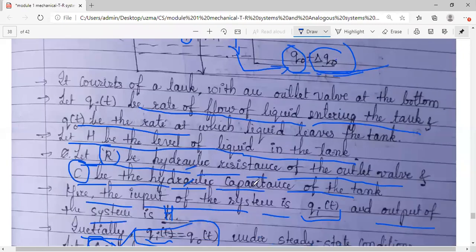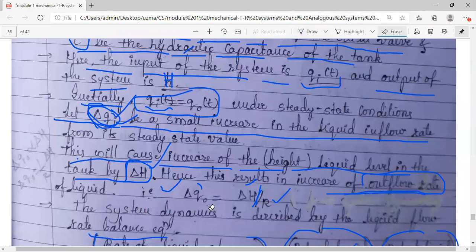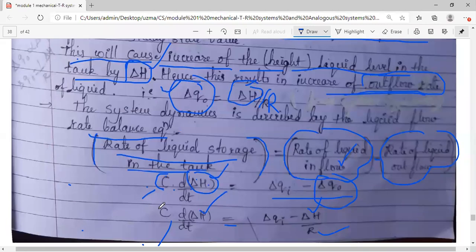Okay, now coming to this equation, this is how much the outflow rate has increased at the outlet. That depends on the height, obviously, how high the water level is and how much resistance the outlet offers. Based on this you will get the outflow rate. Hope you understood this. And even this d by dt of delta h, because the change is with respect to the height level of the liquid. So I am taking delta h here. So C is your capacity.